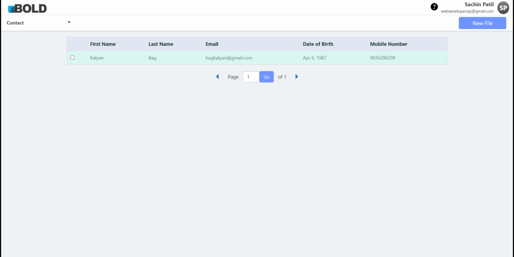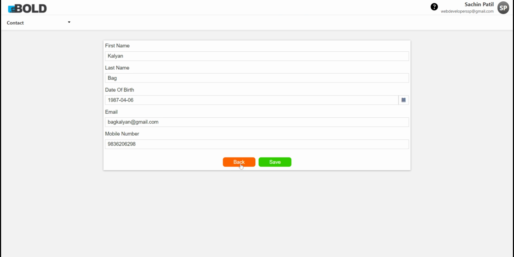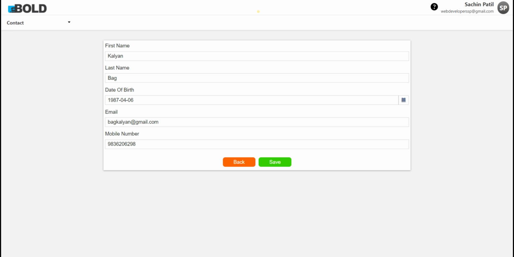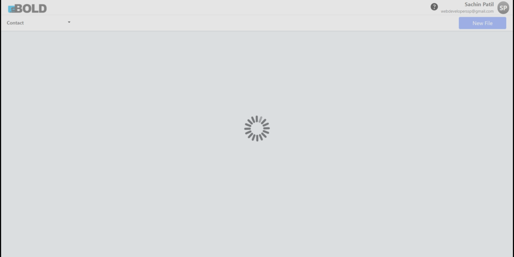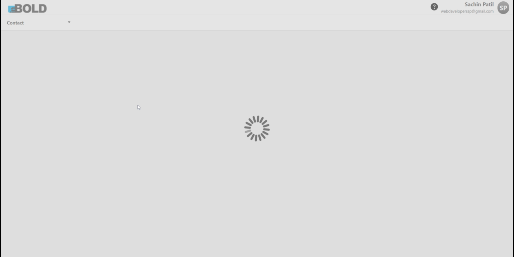Okay, see here, the transaction is showing. If I open this one, it will show that data in this place here. I have the option to go back by pressing the back button. So it's a clean design so that everyone can understand this one. And let me put in some other data.